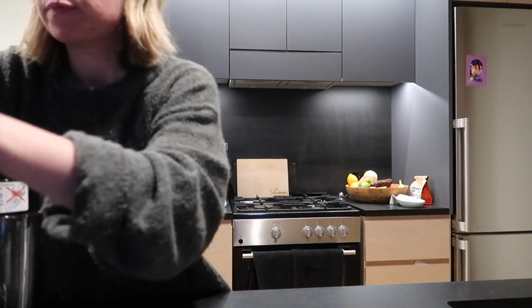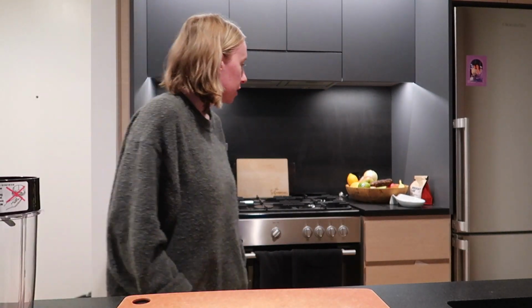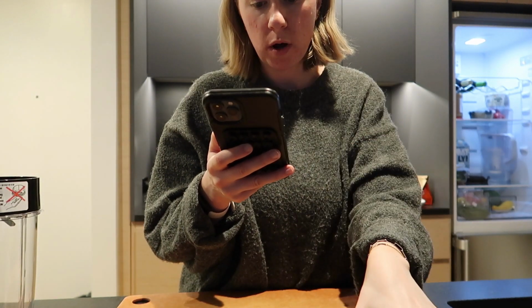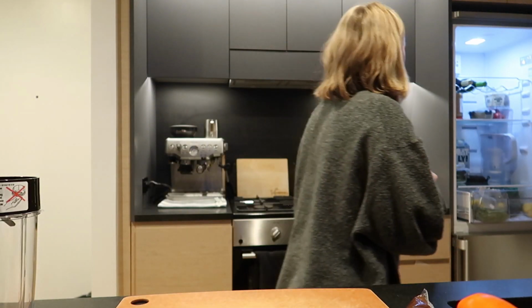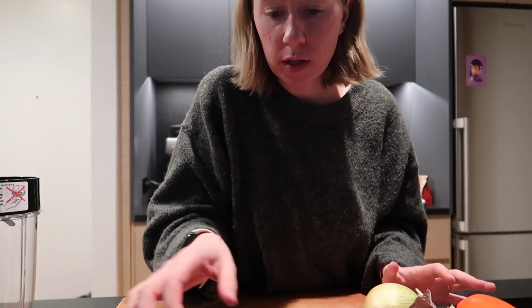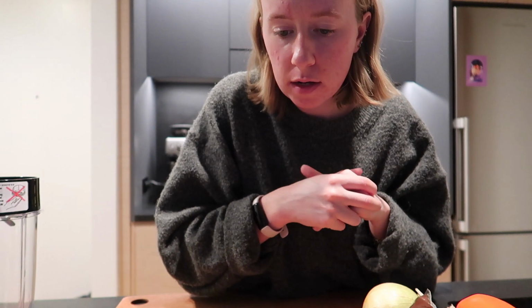So I need to cut and roast the veggies, which is another problem. There's a lot of veggies and I don't have much room. I have a very small oven, but we'll see. I need a squash and a zucchini. Let's see, it's 7 vegetables. So 1 squash, 1 zucchini, 4 carrots, 1 red pepper, 6 tomatoes, 1 white onion, 2 garlic bulbs. So we're just gonna do 1 garlic bulb because I didn't realize we needed 2. And then we need olive oil, salt, pepper, Italian oregano, boiling water, probably for the soup to mix, and then